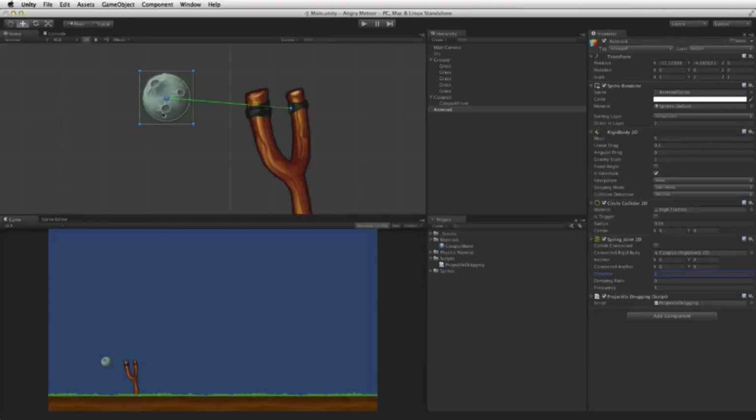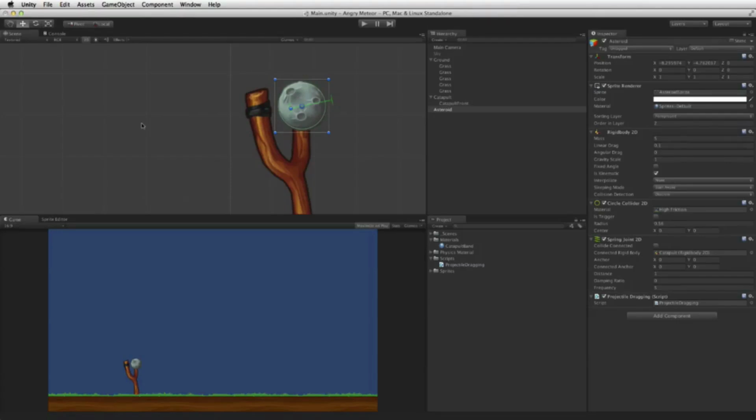So if we're in Unity here and we drag back and we let go, the asteroid's going to pitch forward. And what we're going to use as a signal is the velocity of the asteroid. When it pitches forward and reaches a point where it starts to pass our origin, it's going to start to slow down because the spring is going to pull it back. And when the asteroid starts to slow down, we'll use that as the indicator that we want to launch our